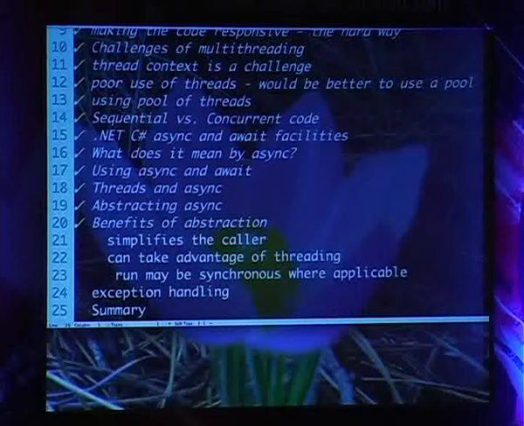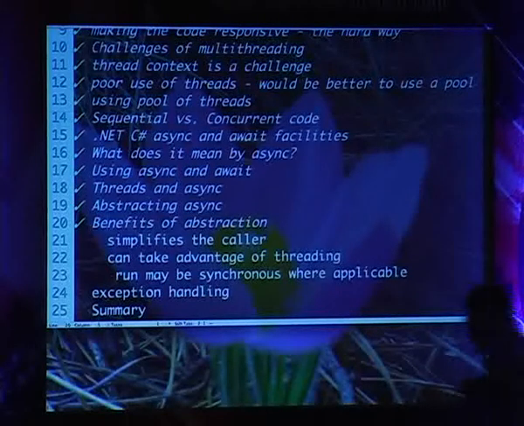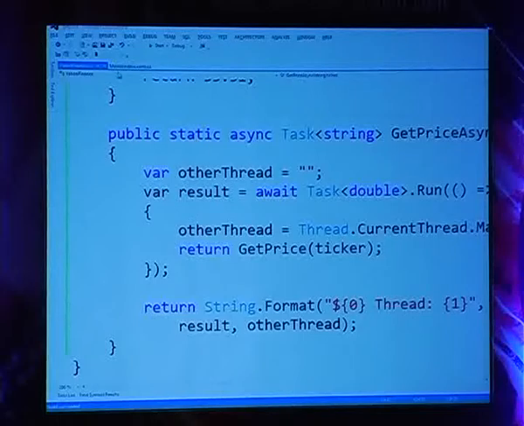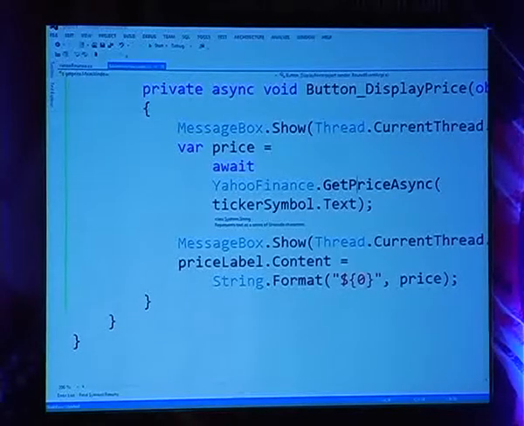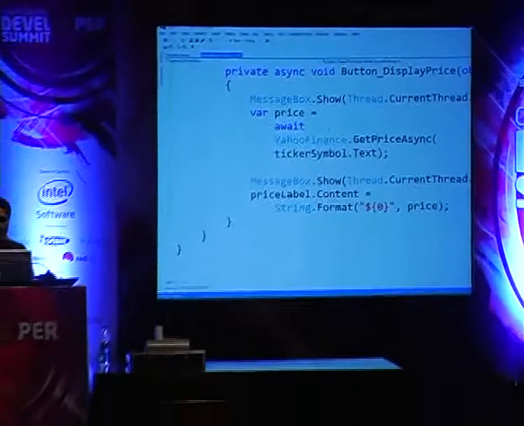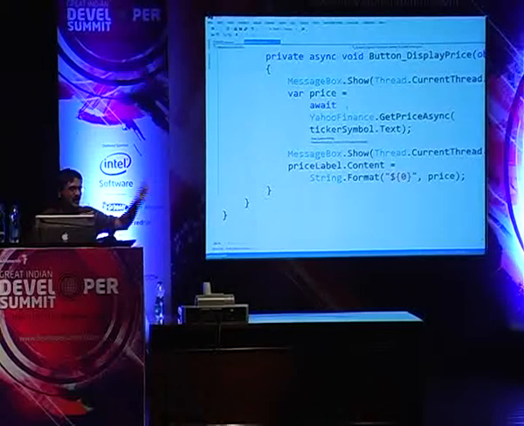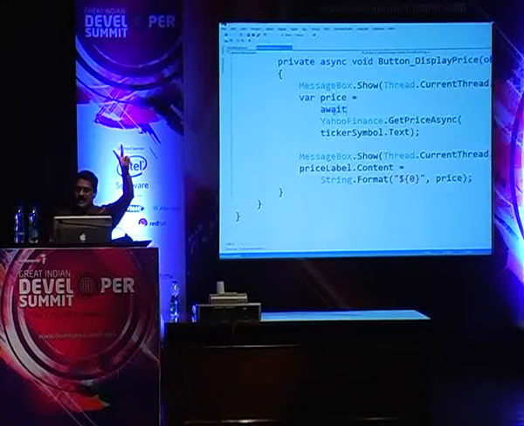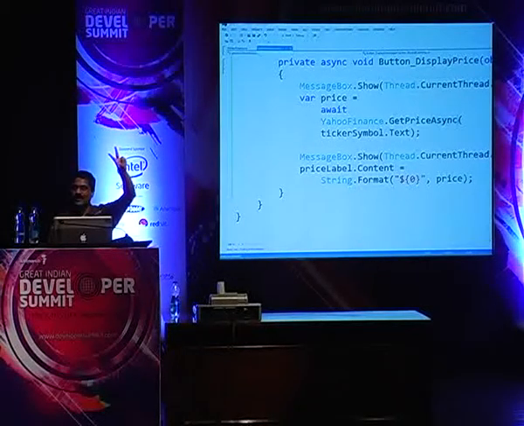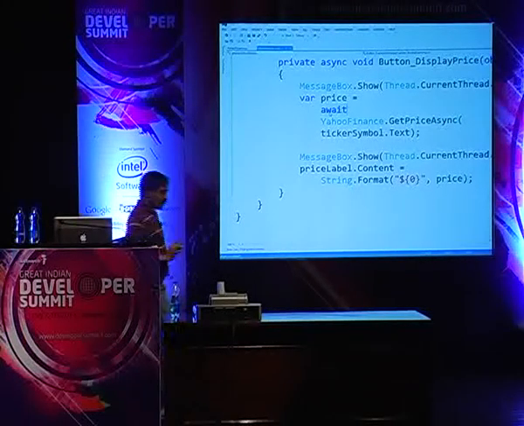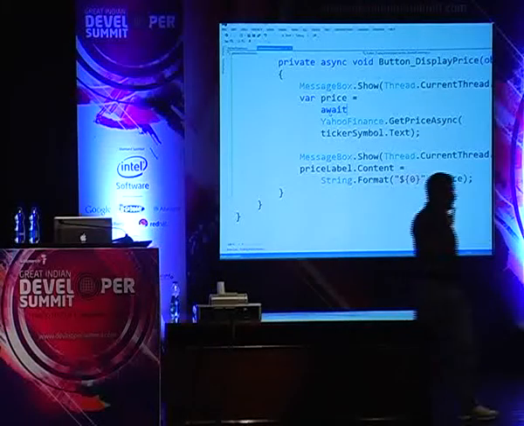How so? First of all, it simplifies the caller, right? Your code is a lot simpler. And why is your code a lot simpler? The reason is that if you notice, this kind of fizzled into a very simple call. You simply said, await on the response. When the response comes, use it. So now notice, the only difference between synchronous code and asynchronous code is exactly 2 words. This word called await and this word called async over here, right? This, by the way, is only purely a convention. This is required. So in other words, this code almost is the same as synchronous code.